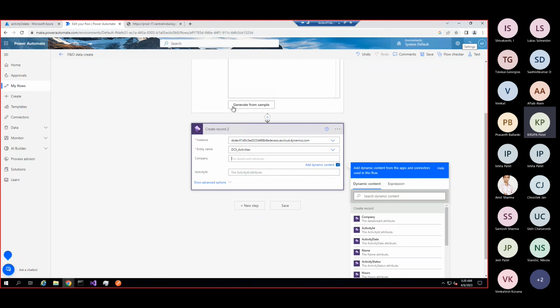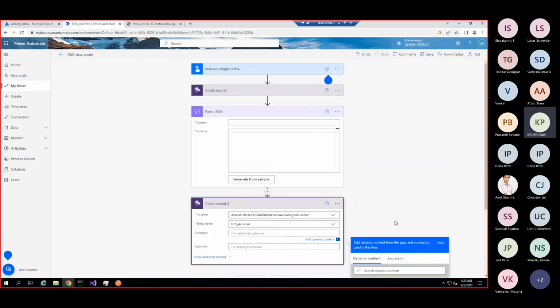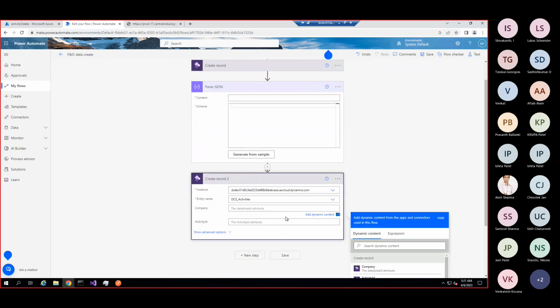And once you pass the JSON, whatever fields are in that JSON will be showcased here. You can see all the fields that are available in that JSON.